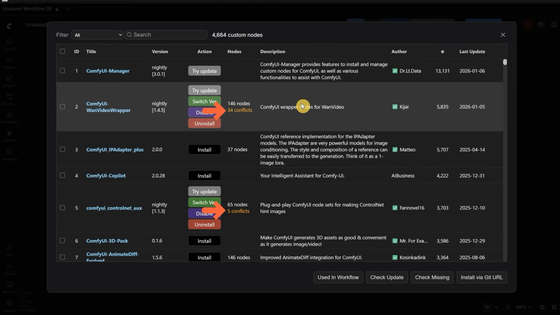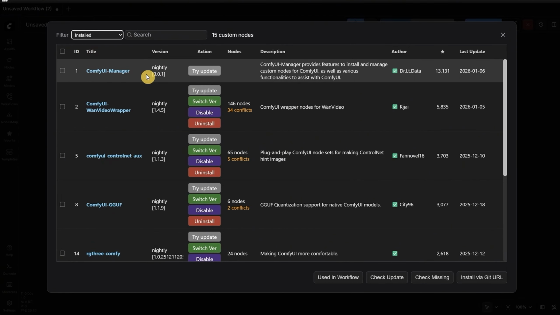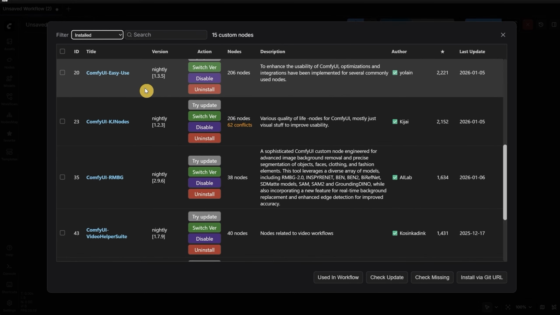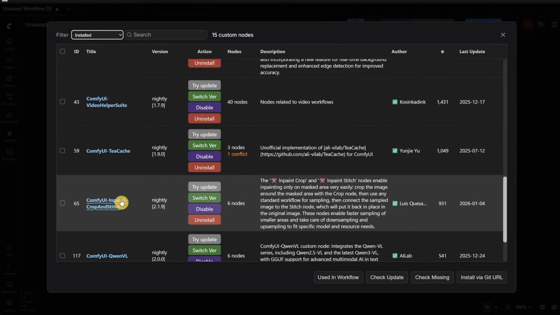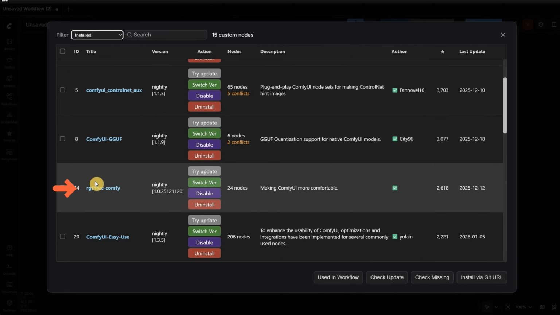Because each node can have its own dependencies and requirements. If I filter by installed, you will usually not see many nodes here besides the manager itself. However, I asked Ivo to include a few essential nodes that I use most often. One example is the RG3 custom node, which includes the image comparer node that is very useful for comparing images